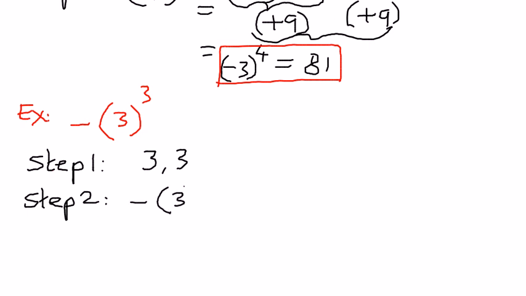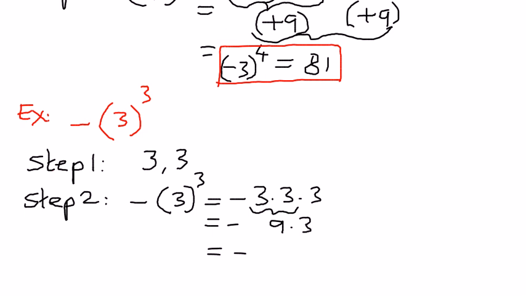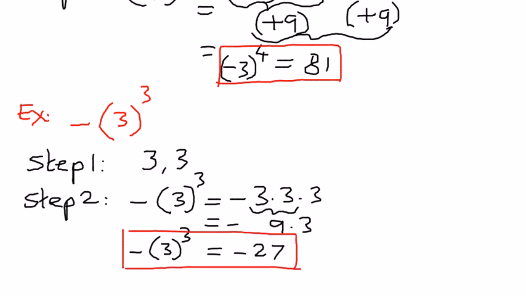Negative of 3 to the power of 3. We keep the negative sign outside. Just multiply the base term 3 times. 3 times 3 times 3, like that. So we keep the negative sign and then simplify the math. 3 times 3 is 9 times 3. Therefore we keep the negative sign. 9 times 3 is 27. Therefore negative of 3 raised to the power of 3 is equal to -27,